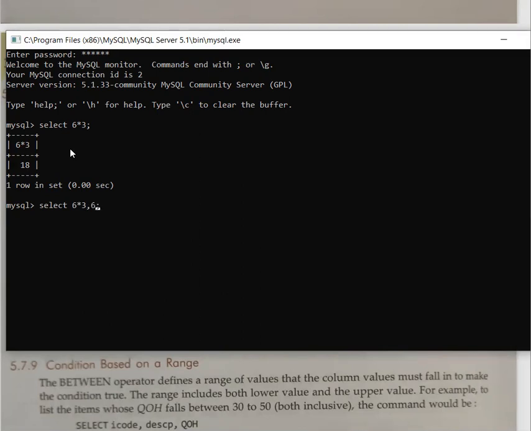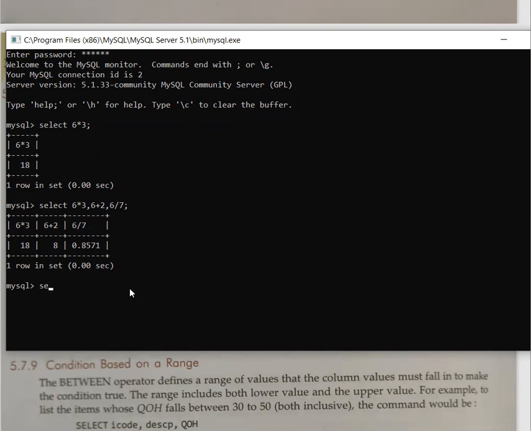It is your choice. Okay, for example, 6 plus 2, comma 6 divided by 7, something like that. Means you can give as many values as you wanted to, and wherever they are separated by comma, you will see those values in the form of a separate column or a separate cell basically. Okay, so like this you can do any type of calculation.